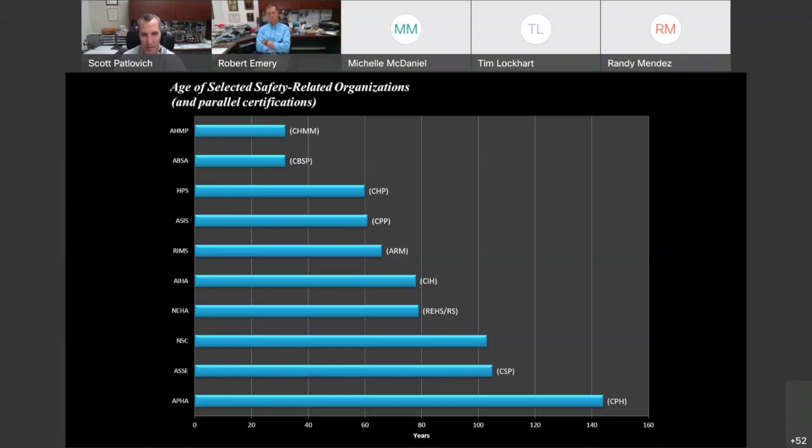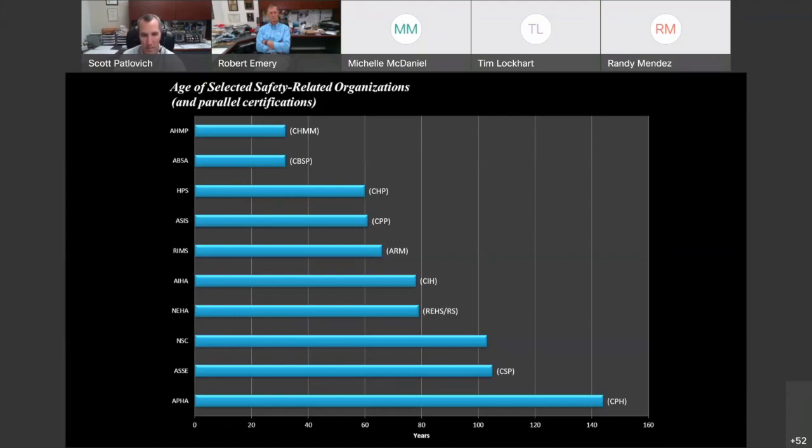This is a graphic we put together a couple of years ago, which I really like. It shows on the x-axis the professional organizations, and on the y-axis the total number of years those organizations have been in existence. And then in parentheses after the blue bars are the professional certifications associated with the professional organization.